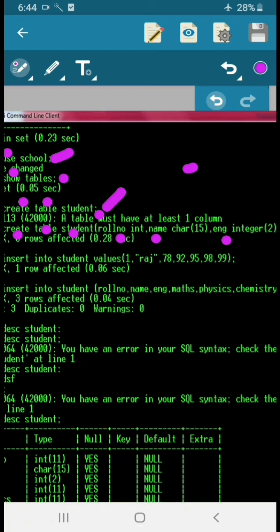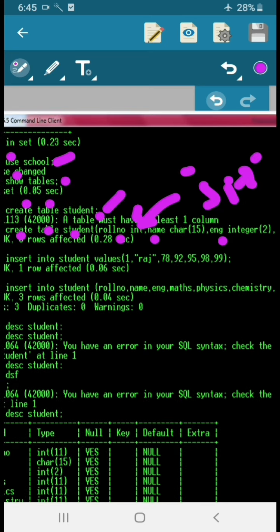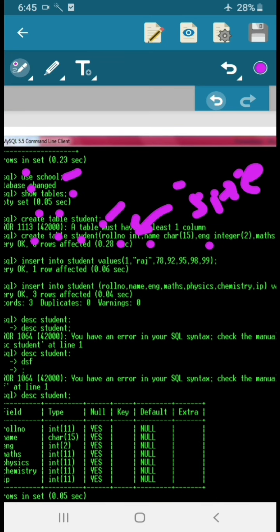Roll number is int, name is char. In this case I didn't mention the size. Even if you are not mentioning the size, it is going to work. The default size for that one is 11 digits.